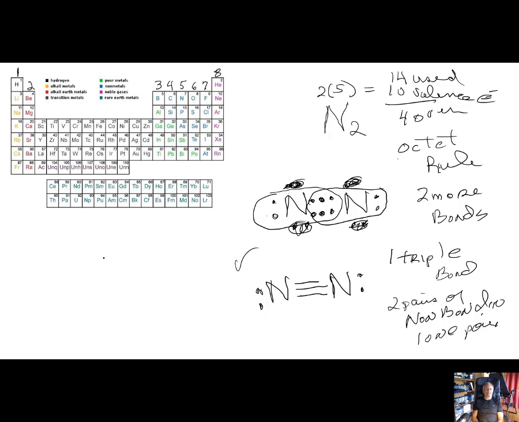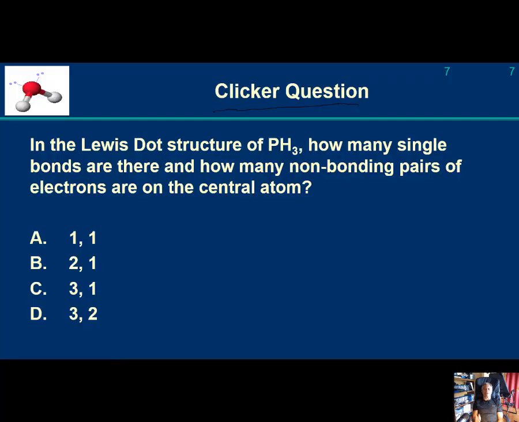So a single bond has 2 electrons in it. A double bond has 4 electrons in it that are bonding, and a triple bond has 6 electrons in it. So let's take a look at a clicker question, and let's see if we can't come up with a structure that seems familiar to you. So here is our structure,